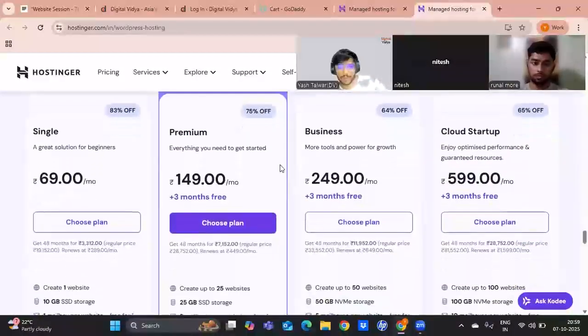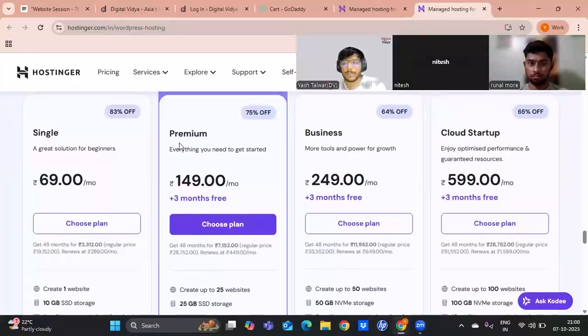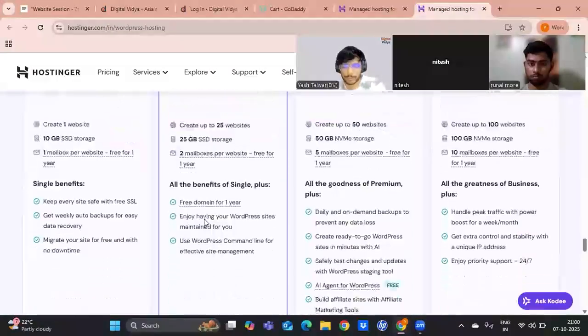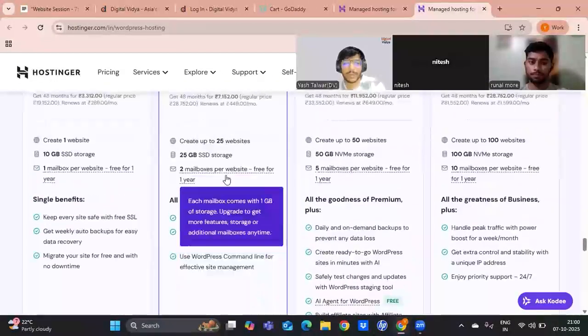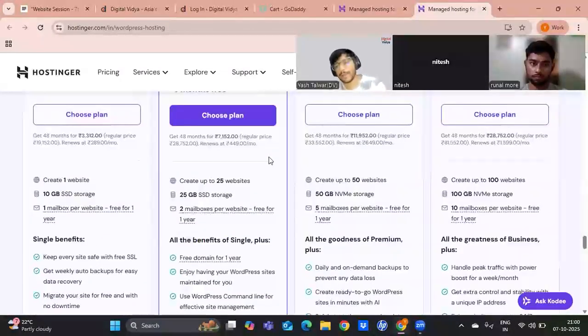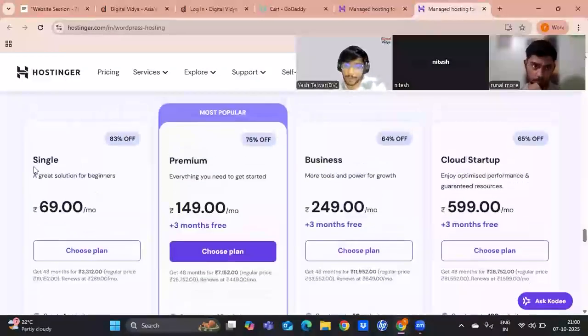Then you scroll down, and now over here you have a choice to make. My recommendation: go for the premium plan, because this is the plan that gives you a free domain for 1 year. But if you want to purchase a domain separately and the hosting separately, then you can go for a single plan also. It depends on you.